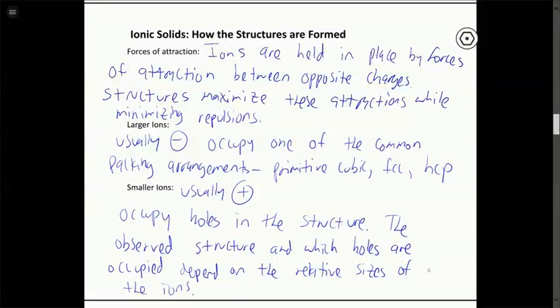All right, so we're going to build up a structure with one of the ions, either primitive cubic or face-centered cubic. We're not going to really talk about hexagonal in any detail. And then we're going to take holes in those structures and fill them with the other ion. Which holes get filled and how many of those holes get filled depend on the nature of the ion. And that's what we're going to discuss today. There's really only three types of holes we're going to worry about. So let's talk about those holes and how they differ from each other.